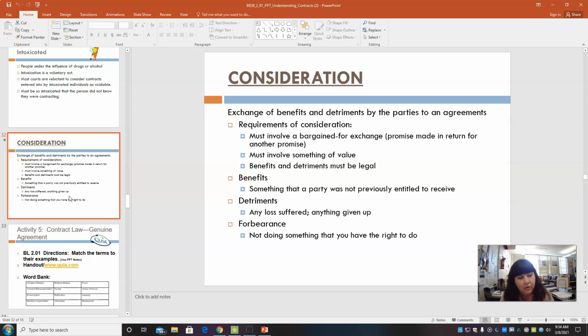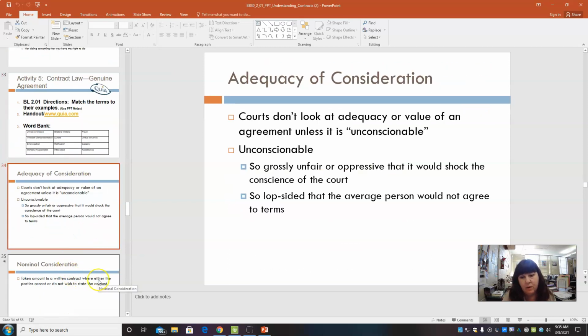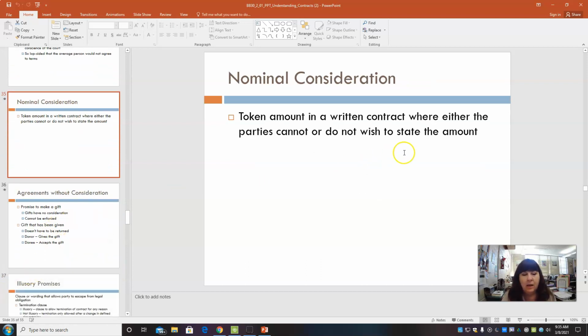Going back, this is another element of your contract, and it's going to talk about here the benefits and detriments by both parties to the agreement. Be sure you look at those, because you've got a little bit of everything in there. Also forbearance, not doing something that you have the right to do. Moving on, you got adequacy of consideration, nominal consideration, and this is just when they don't wish to tell how